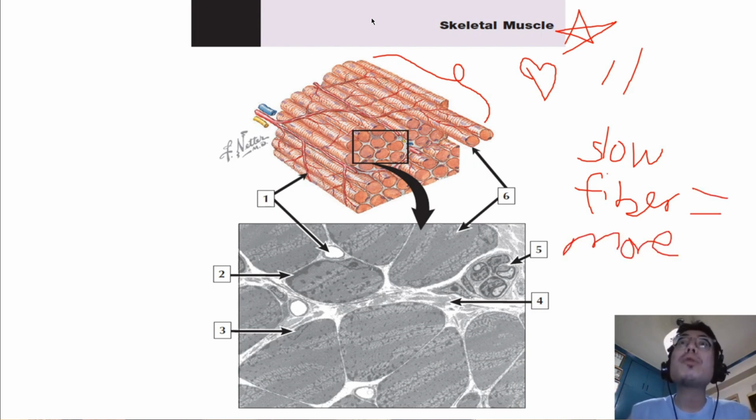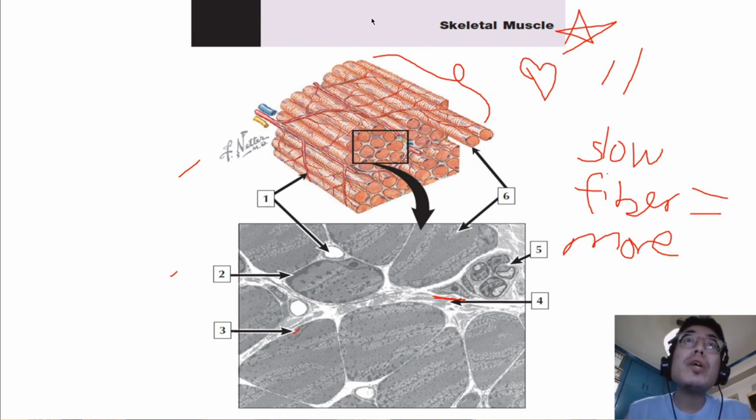Capillaries and nerves course between muscle fibers in a structure called the perimysium. This is a schematic and electromicrograph of skeletal muscle, this time in transverse view first. Highlighted in number 1 is a capillary. In number 2 is a mitochondria.